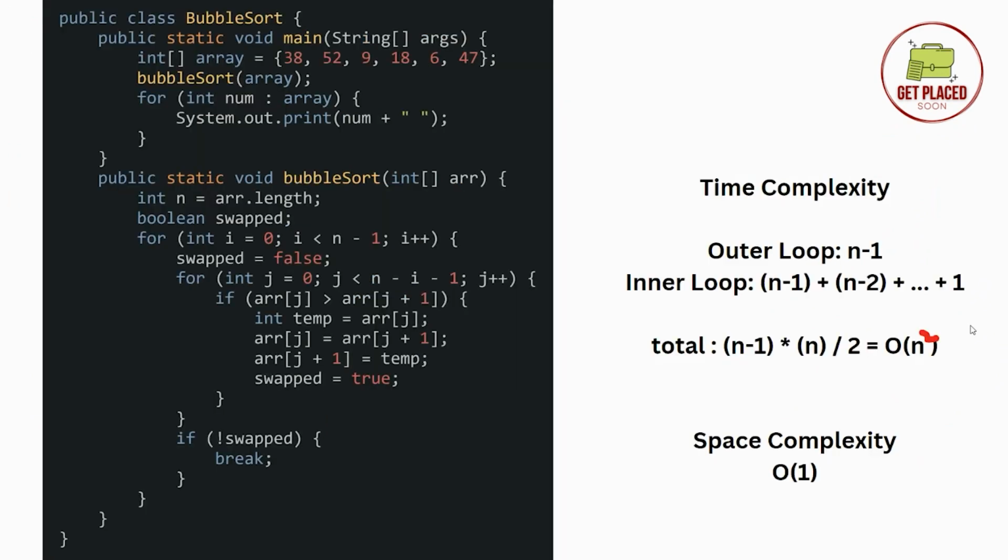Now speaking about the time and space complexities. The outer loop runs for n minus 1 iterations, where n is the number of elements in the array. The inner loop runs for n minus 1, n minus 2, n minus 3, and so on till it reaches 1, right? So, in the worst and average cases, the inner loop makes n into n minus 1 by 2 comparisons and swaps. Therefore, the time complexity is dominated by these comparisons and swaps, resulting in O of n